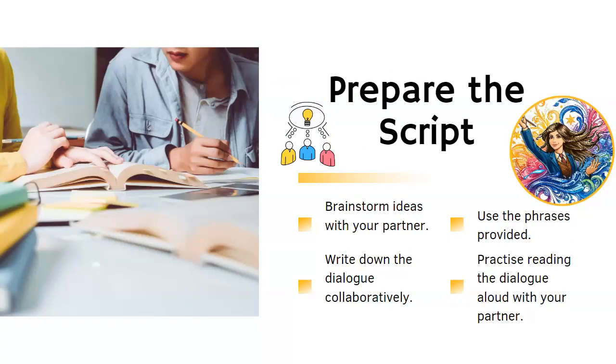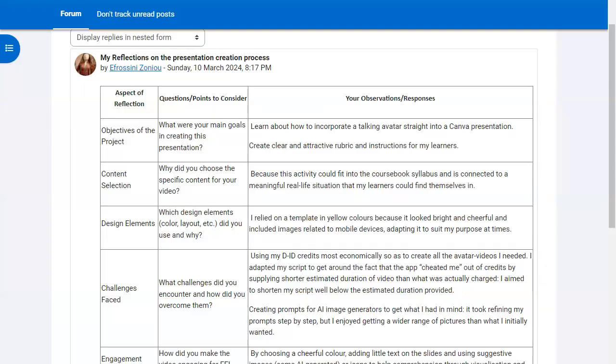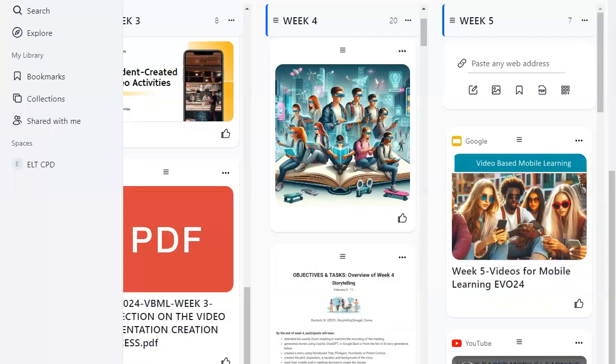The whole process was thoroughly enjoyable and enriching. It took me strict calculations to create all of the videos of avatars I needed without running out of credits on the idea, and I felt very proud of achieving it in the end. The subsequent reflection on the creative process provided the opportunity to draw useful conclusions for my future practice.